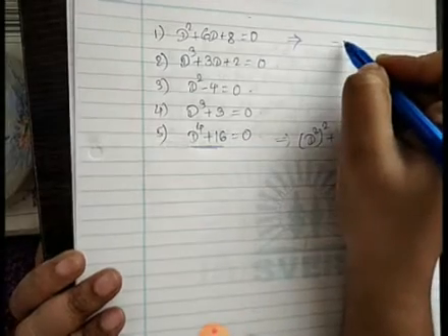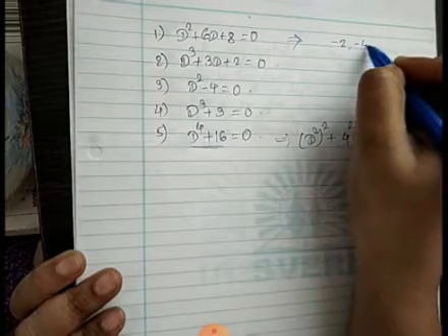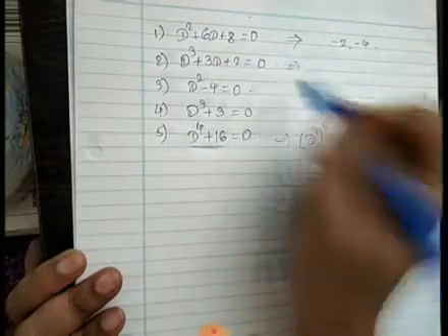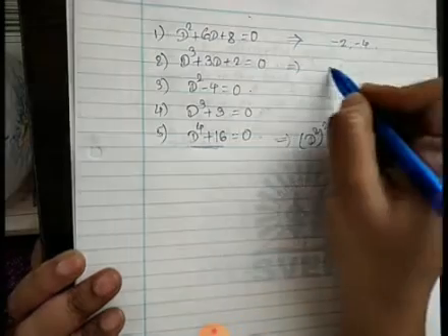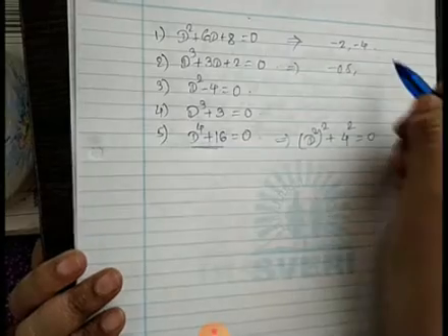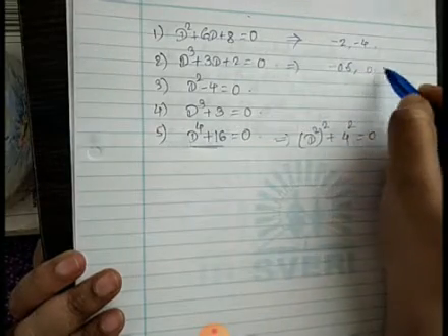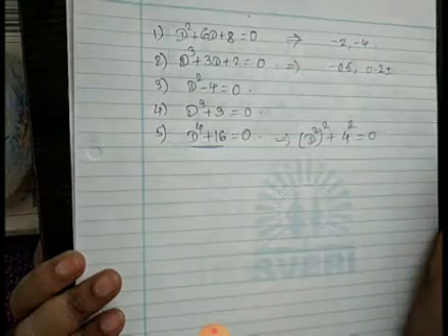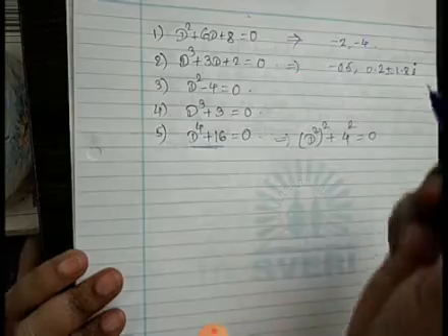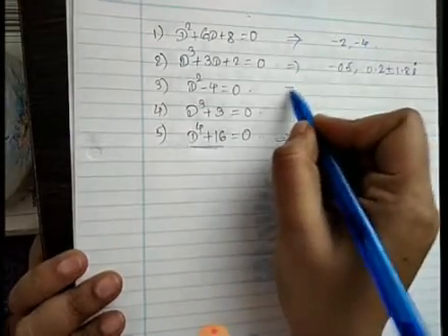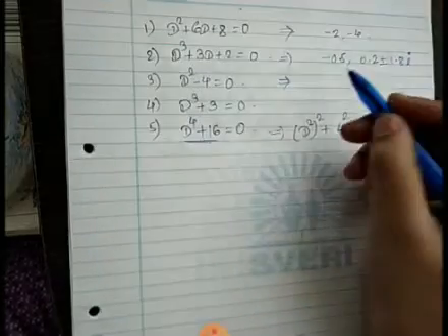Minus 2. Yes, and? Okay, very good. Minus 2, minus 4. Next. Second. Minus 0.5. Yes. 0.2. Yes. Plus or minus 1.8i. You are checking. Okay, very good. All others are checking your answers. If something is different, then you can tell me. Next one.